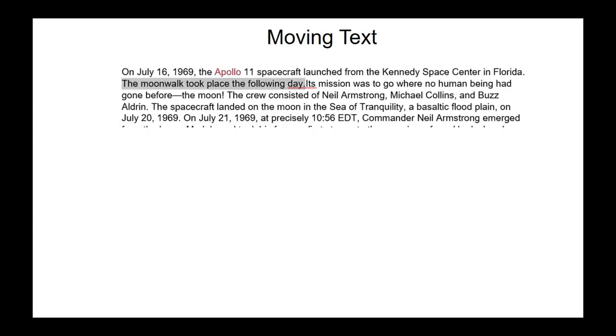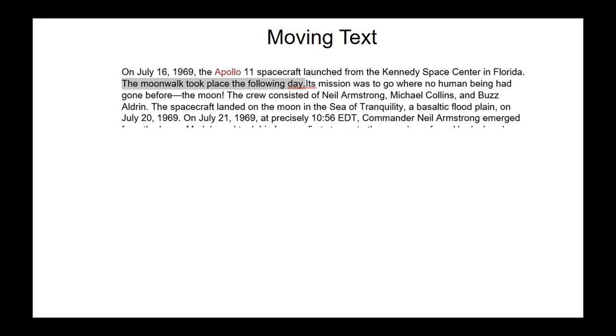Sometimes we have text where we see, oh, you know what, that doesn't make much sense, so I need to move it around. Maybe whole paragraphs, whatever the case may be. So to move that text, rather than deleting it and retyping it, which a lot of people still do, we have the ability to move that text by simply selecting the text to be moved,